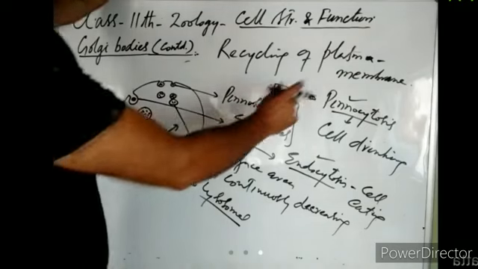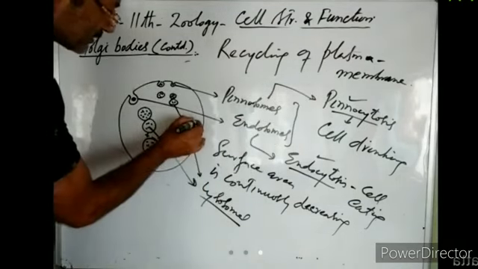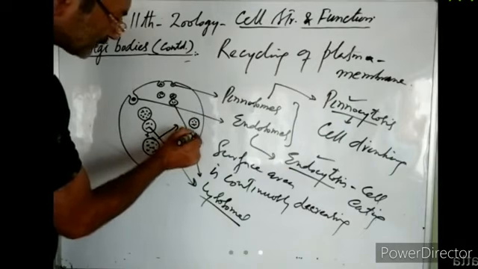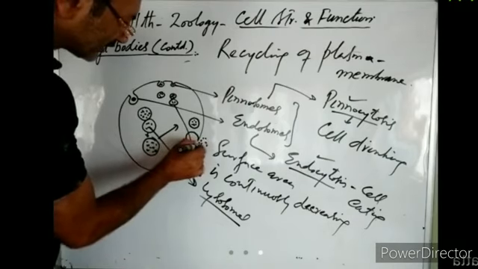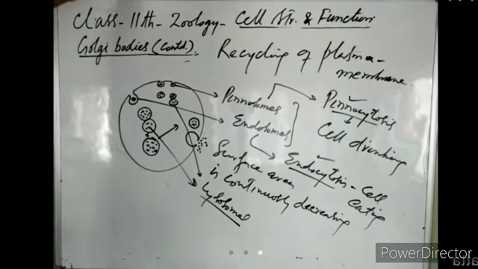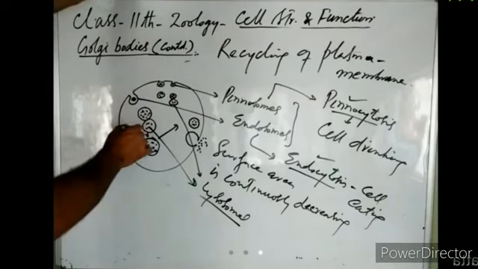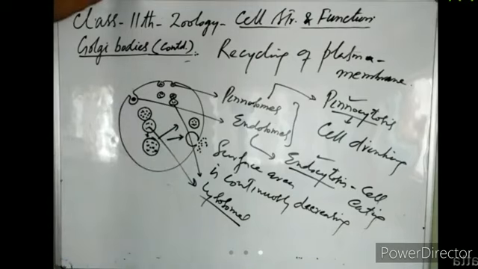Now as the Golgi body releases its vesicles, when those vesicles undergo exocytosis, this is a Golgi vesicle, it fuses with the plasma membrane and carries out exocytosis, it releases the material. The covering membrane of this vesicle joins with the plasma membrane. So on one side, the plasma membrane is being continuously cut. On another side, the plasma membrane is being continuously added back through Golgi vesicles.